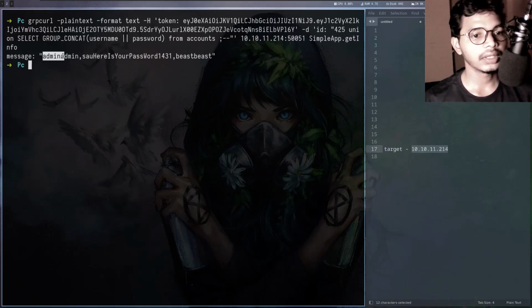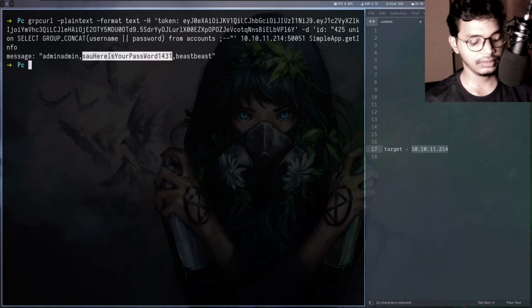So like admin and user admin, the password is admin. I think the user is saw, and here is the password, and it's saying beast, that is us. Just copy this thing,